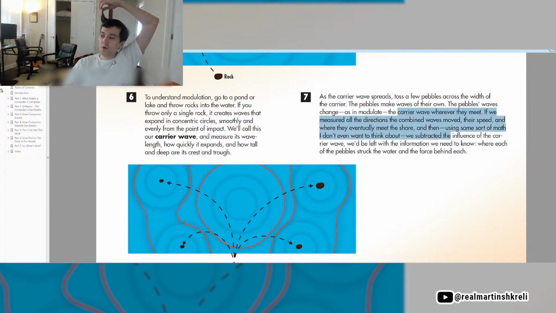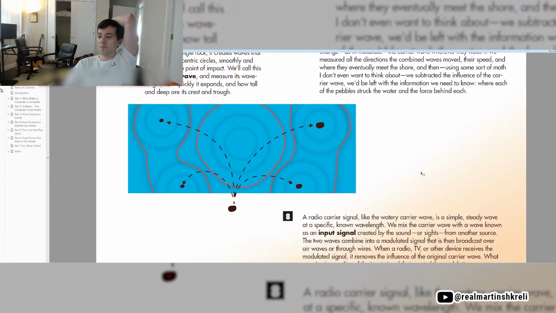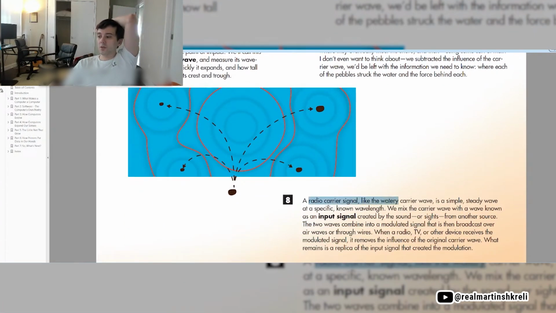If we measured all the directions the combined waves move, their speed, and where they eventually meet the shore, and then, using some sort of math I don't even want to think about, we subtracted the influence of the carrier wave, we'd be left with the information we need to know: where each of the pebbles struck the water and the force behind each. A radio carrier signal, like the watery carrier wave, is a simple steady wave at a